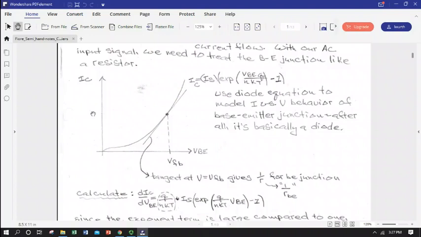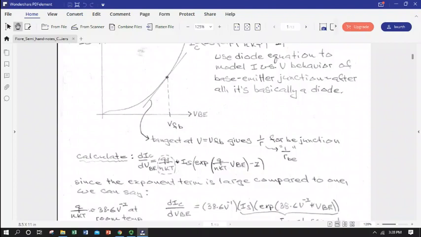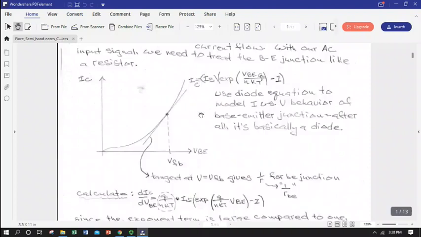It also represents collector current versus base emitter voltage drop, because the base emitter junction is a diode. The slope varies depending on what the collector current is flowing through the transistor. And the resistance to that current flow is the inverse of the slope. And for those of you who have taken some calculus, you know that the slope is the first derivative of a function. And so you can actually take the first derivative of this equation with respect to the base emitter